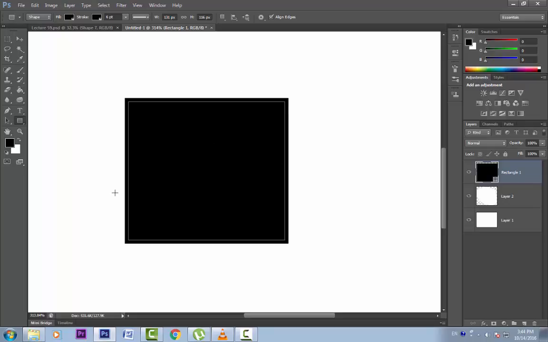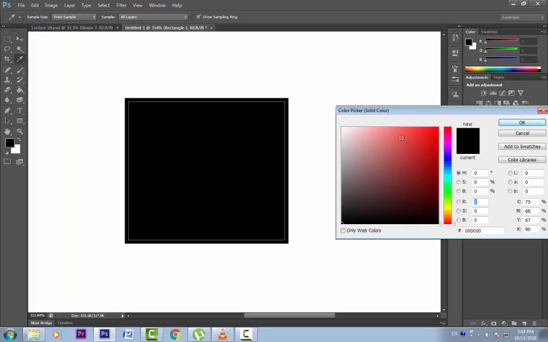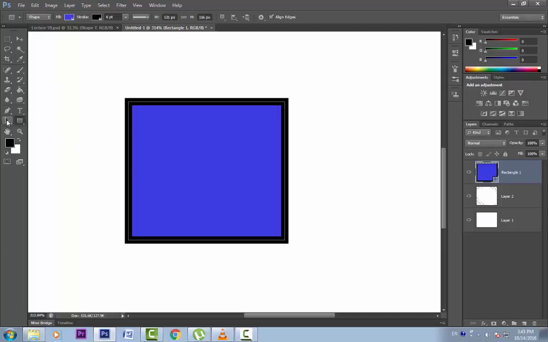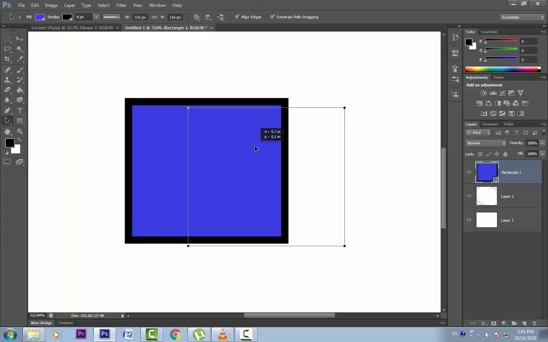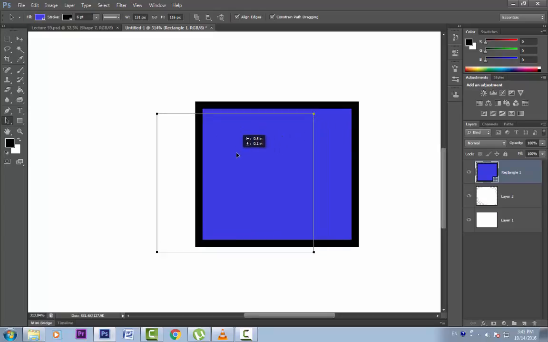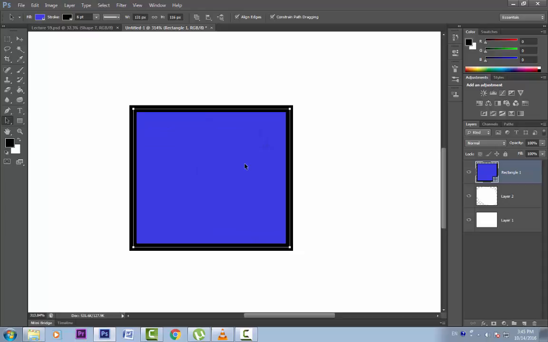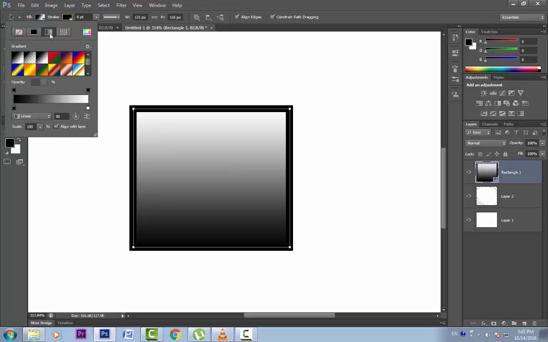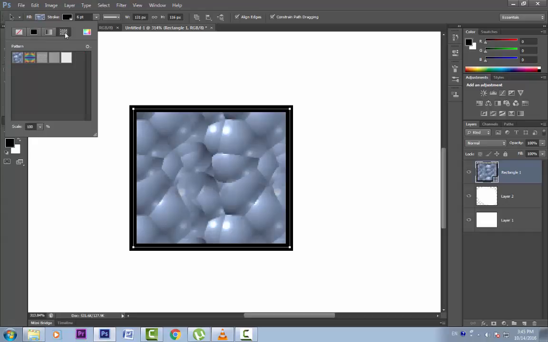We will look at vector masks in a while, but let's double click on this layer. We get a color picker. We can choose any color to be filled, like so. Now let's take our selection tool and try to move it. You can see that we are moving the mask of this solid fill layer. We can either change this fill color by double clicking here or by this fill option. This is no fill, this is solid color fill, this is a gradient fill, and this is the pattern fill.